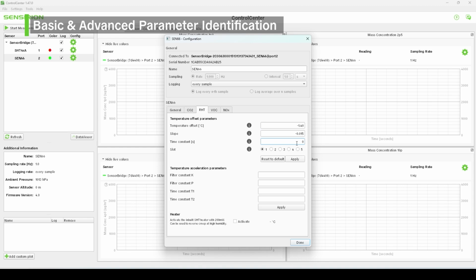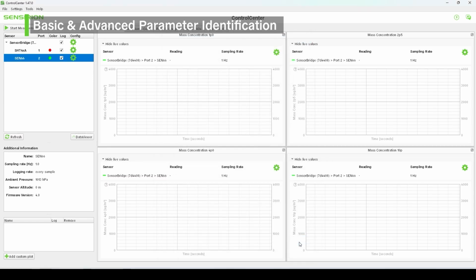Keep in mind that these parameters are stored in volatile memory in the SEN6X, meaning they will be lost after a power cycle. To preserve calibration, you'll need to transmit them to your final device via I2C each time the system powers on. It is important to transmit them within the first few seconds of startup, not afterwards, as otherwise the time constant becomes misaligned. For more details on this process, refer to the paper guide.